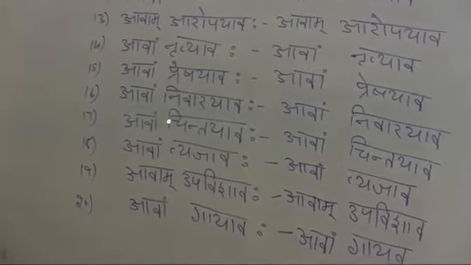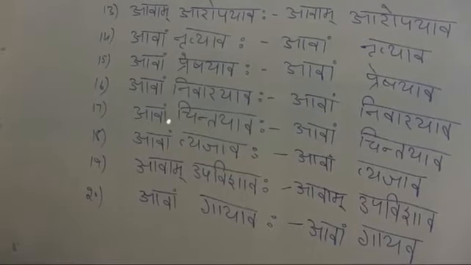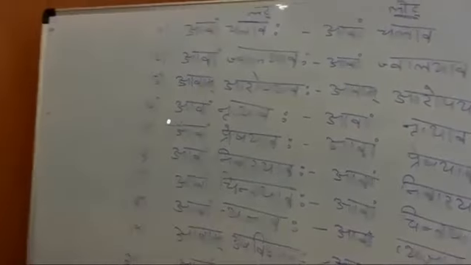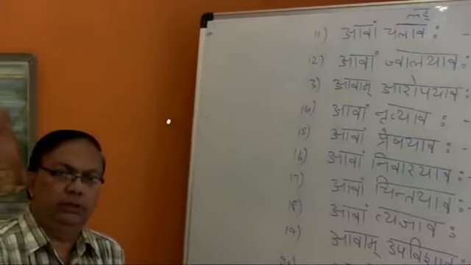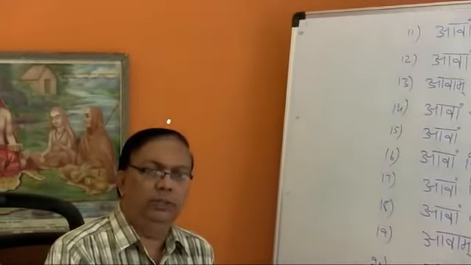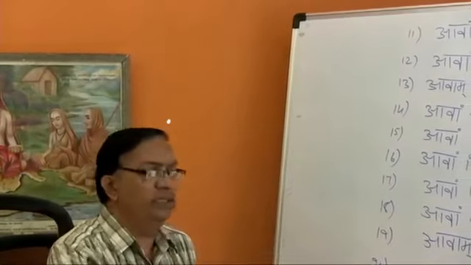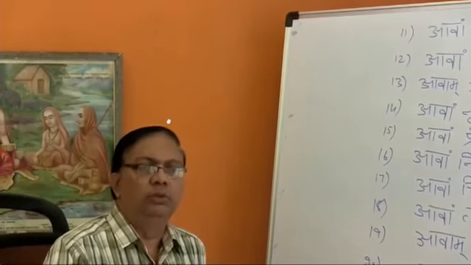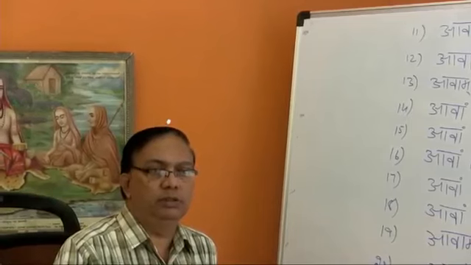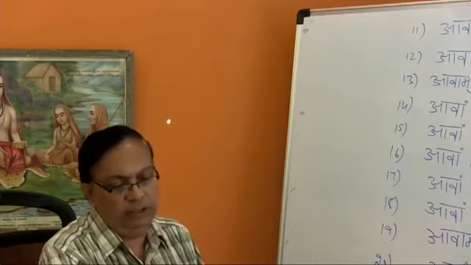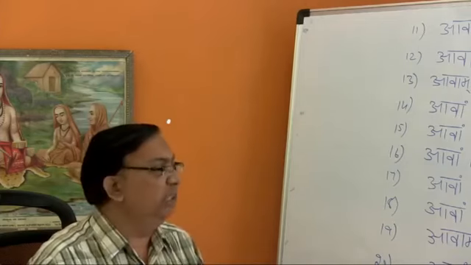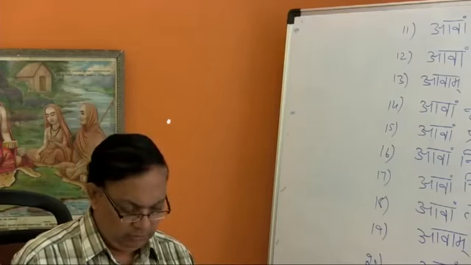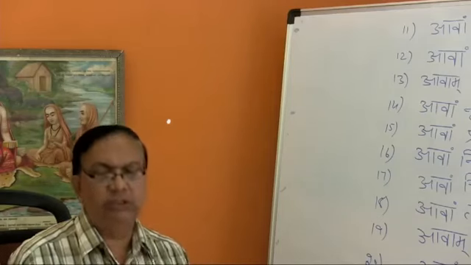Now this way the first person dual number is done in the 10 sentences. What we did in the first 10 sentences, we practiced present tense verbs converted into first person imperative mode, lot. Now sentences 11 to 20, 10 sentences are devoted, as I just told you, to first person dual number. And now we complete the page with practice of 10 more sentences in Uttama Purusha, first person plural number, Bahuvachana. From 21 to 30, this is Bahuvachana.